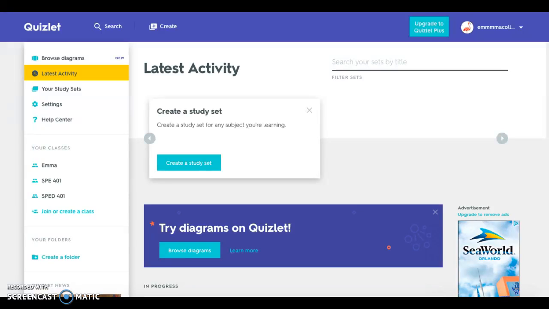Okay, so today I am going to be talking about assistive technology, and for my assistive technology, I decided to do it on Quizlet. Quizlet is a website that you can make electronic flashcards on. The website to get it on is Quizlet.com, but you can also download the app on an iPhone, iPad, or iPod. You can get Quizlet for free, but if you wanted to, you can upgrade it to Quizlet Plus, which